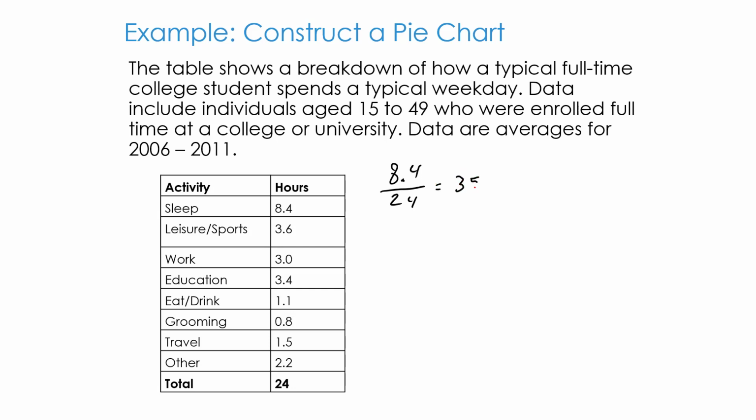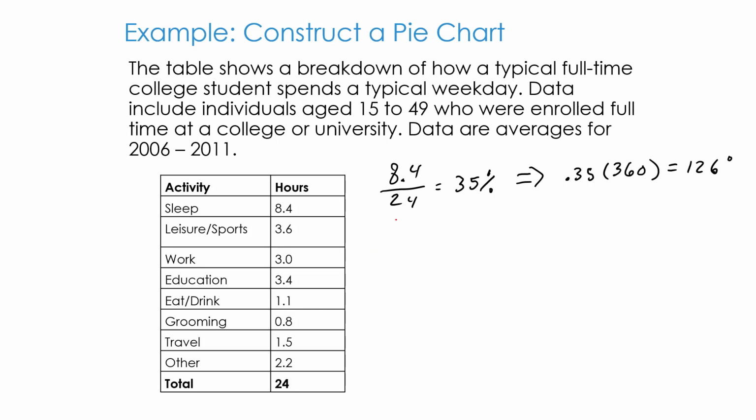So they spent 35% of a day sleeping. So the size of the wedge should then be 0.35 times 360. 126 degrees is the wedge for